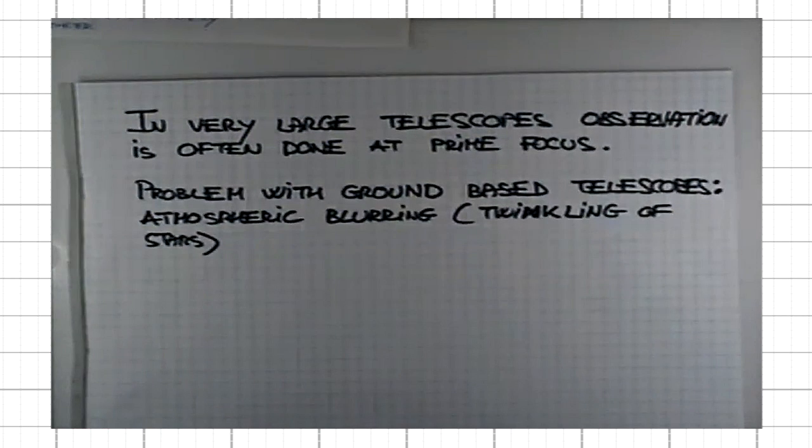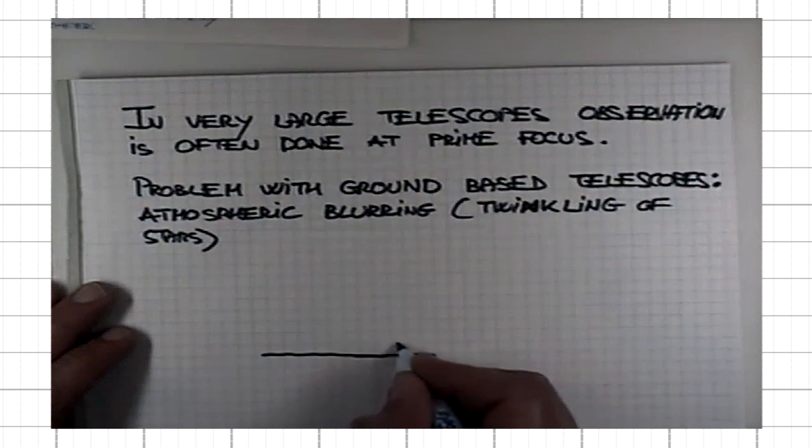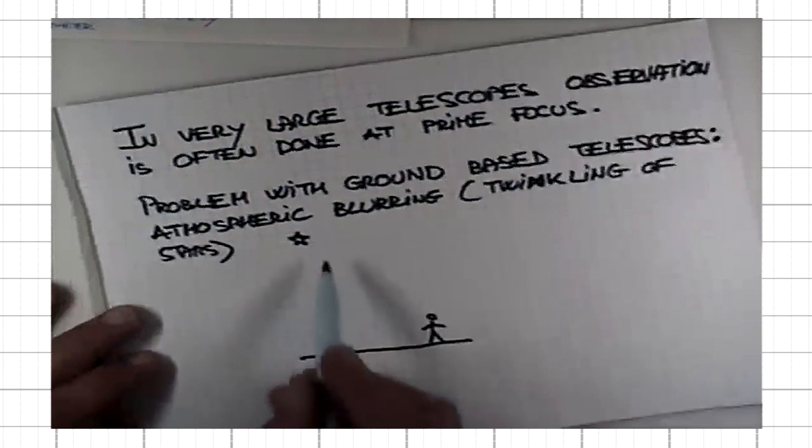Right? If you watch the night sky, often it appears as if some stars twinkle. Their brightness fluctuates, is reduced and then increased. And it's not an intrinsic property of the star. What is happening is that if you are viewing the night sky from the ground, and here is a star that you are viewing,